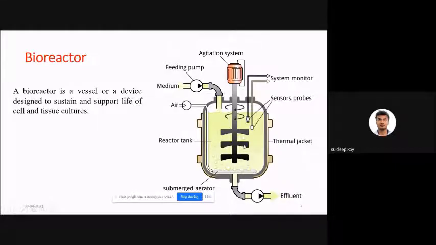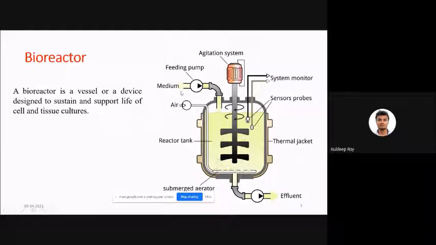Means you will add some kind of cell and you will add some liquid system, but the liquid system should contain that media. It will have some organic source, it will have some metal source, which is required for the cell to grow in that whole liquid system, this reactor system. Now after that you have added the liquid, you have added the cell, you have given some media component. After eating they will grow.